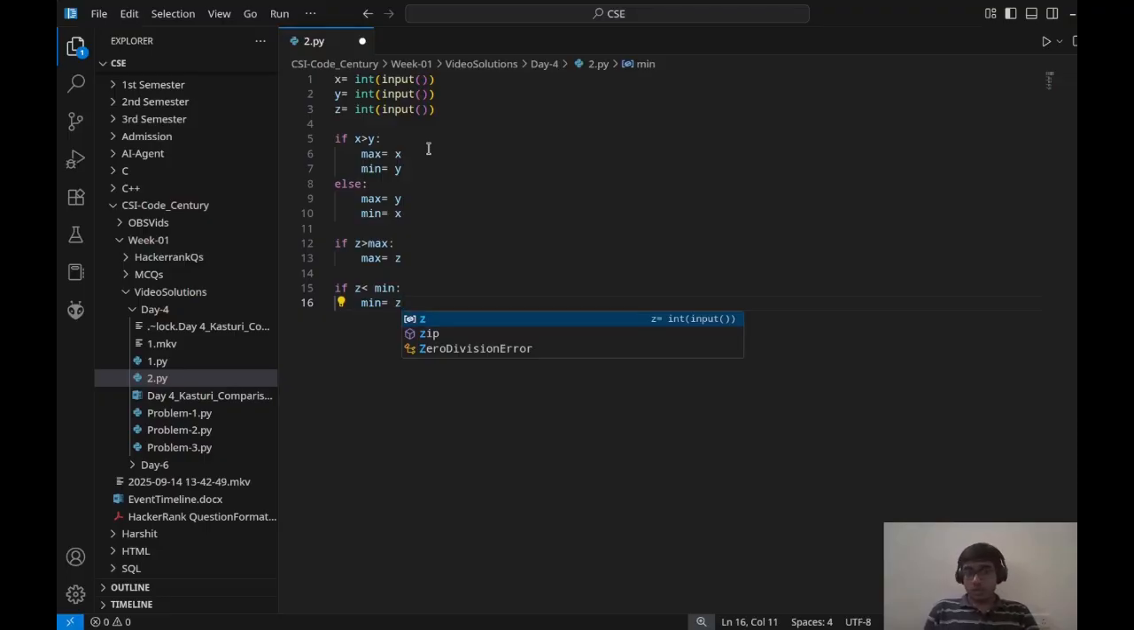But if it is not the case, if z is greater than minimum, then that would mean the value stored in minimum till now is the actual correct minimum value out of all three variables. So we need not write a specific else case for that. And with that, the logic is complete. We found the maximum and minimum values of the three variables. So let's go ahead and just display the output we have got. Using the print command, we show that